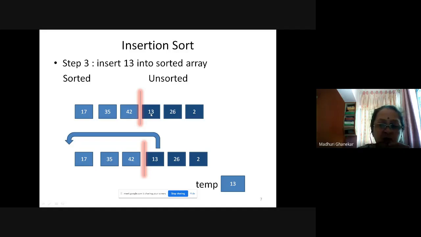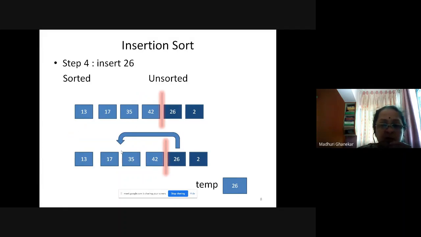And now it is safe to write 13 at the beginning position, that is at the position of 17. So that is the logic we will be applying. Now you get something like that. So that is how we are getting the array 13, 17, 35, 42 as sorted.